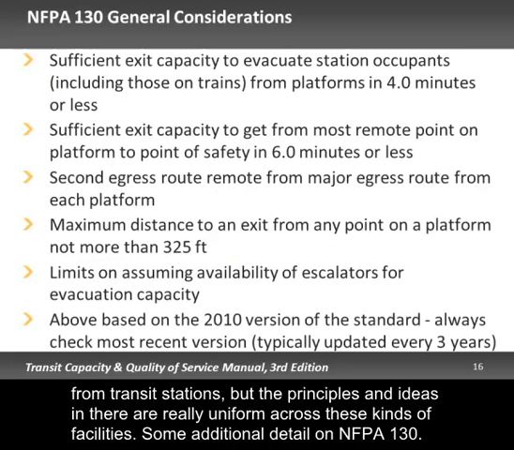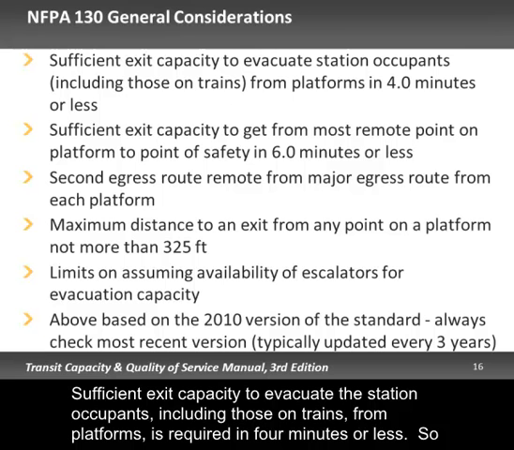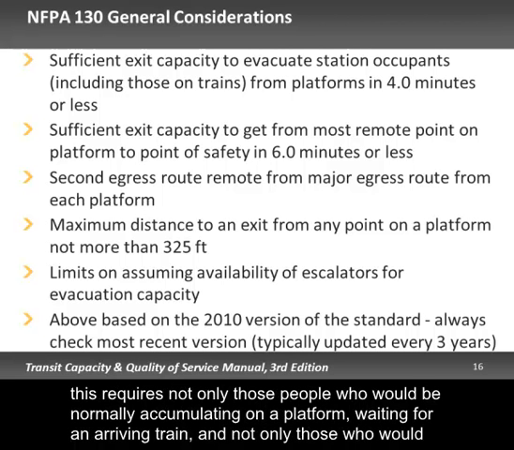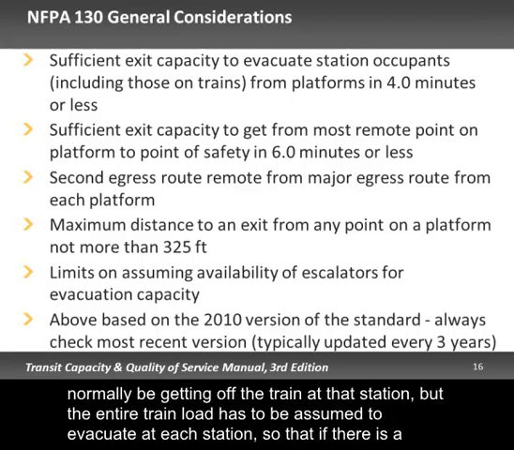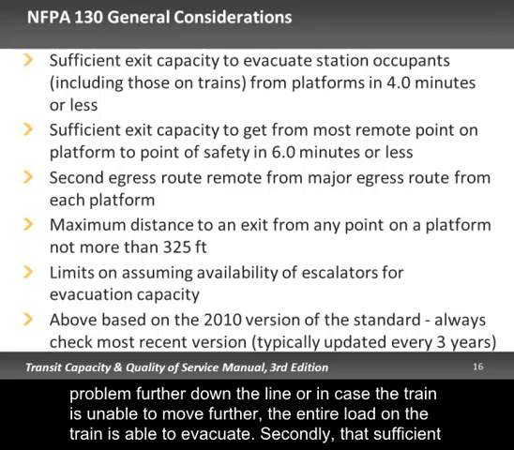Some additional detail on NFPA 130. Sufficient exit capacity to evacuate the station occupants, including those on trains, from platforms is required in 4 minutes or less. So this requires not only those people who would be normally accumulating on a platform waiting for an arriving train, and not only those who would normally be getting off the train at that station, but the entire train load has to be assumed to evacuate at each station, so that if there is a problem further down the line or in case the train is unable to move further, the entire load on the train is able to